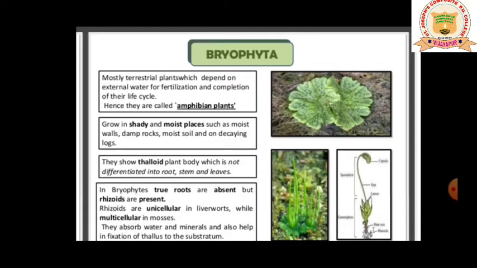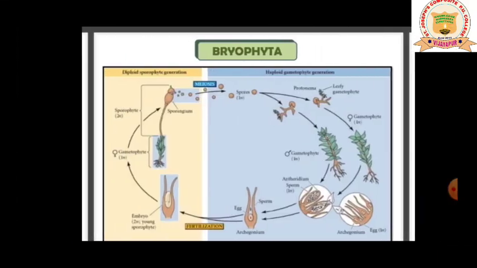As I said, the body of the bryophyte is thalloid. It needs a substratum to get attached. So for the attachment on the substratum, the rhizoids will help them. You can have a look, I have given some pictures on the screen. Okay, shall I proceed? Let me proceed to the next one.